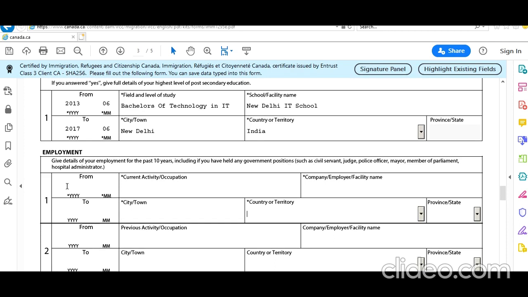Okay. Employment, past 10 years including held on each government position. So let's say after his education he joined a company in New Delhi where he is still working, whatever is applicable in your case. It's like IT consultant, company name New Delhi IT company. When I had filled my form for the first time, I even provided this too, although that was my current job, and I explained that in the letter that I was still employed, but still I filled it up.